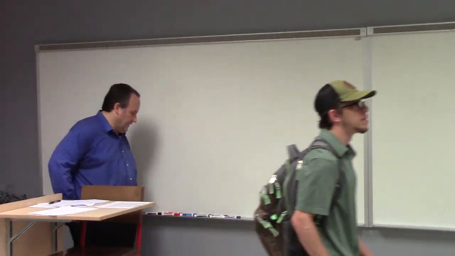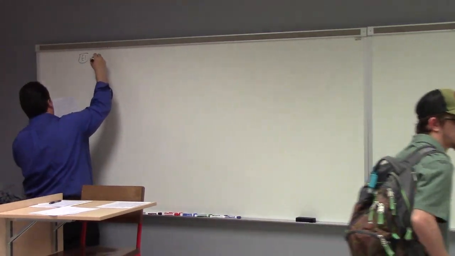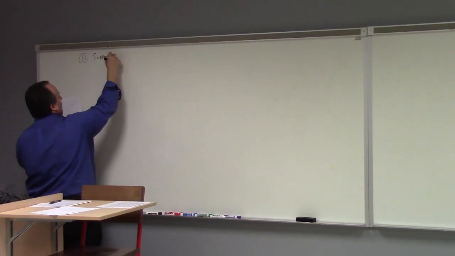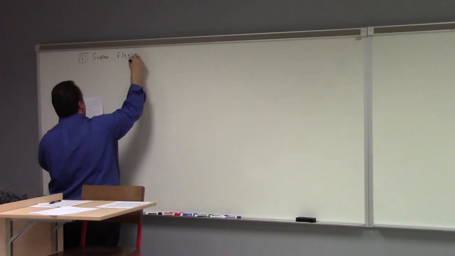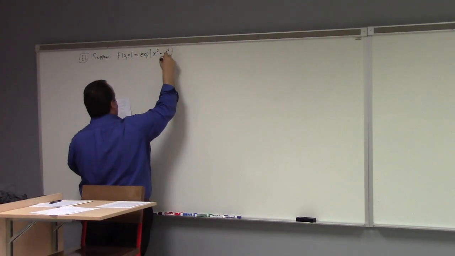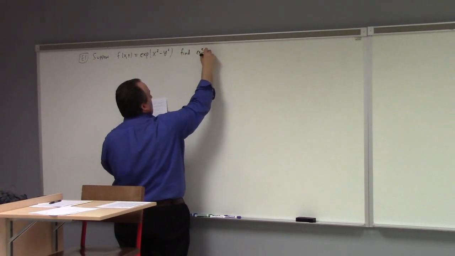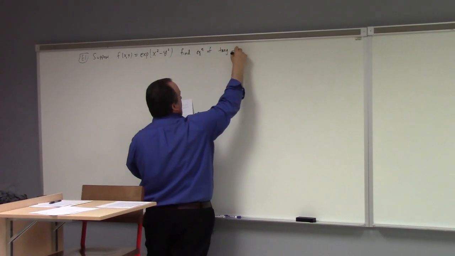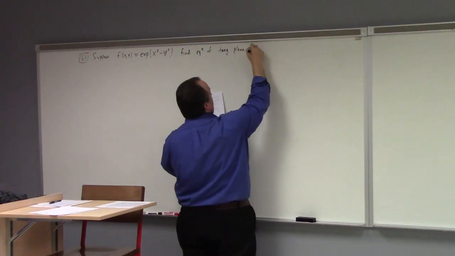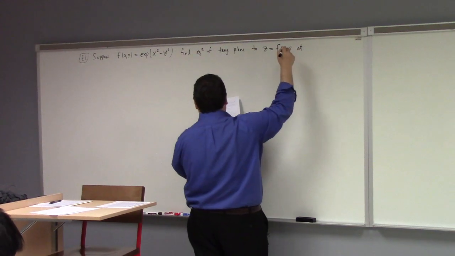So I have an example for you guys. I'll start with this one here. Suppose f of x comma y is equal to the exponential of x squared minus y squared. Find the equation of the tangent plane to z equals f of x comma y at